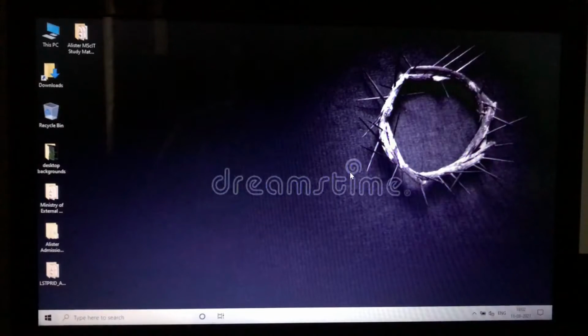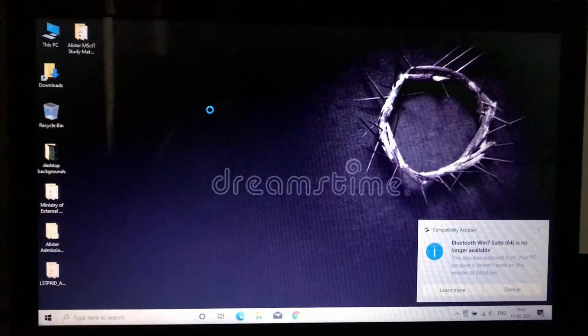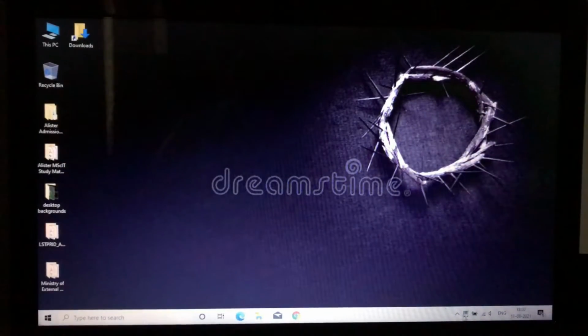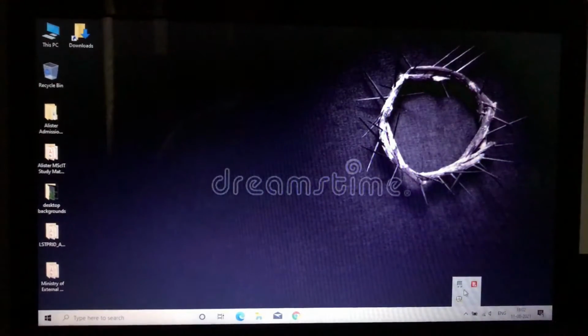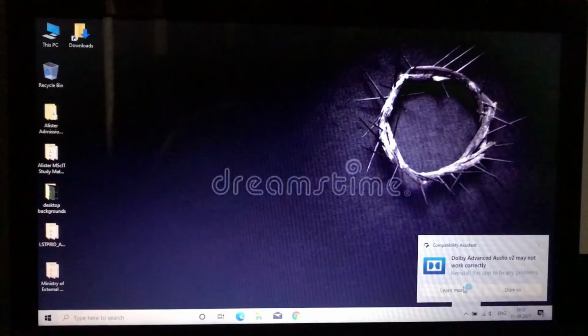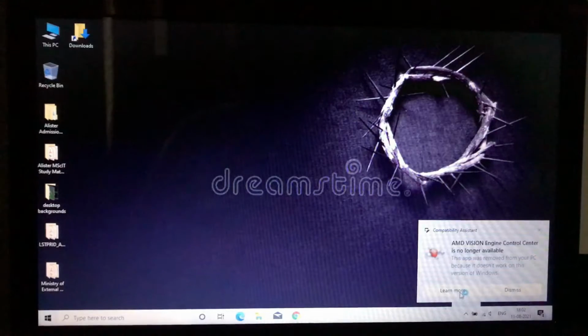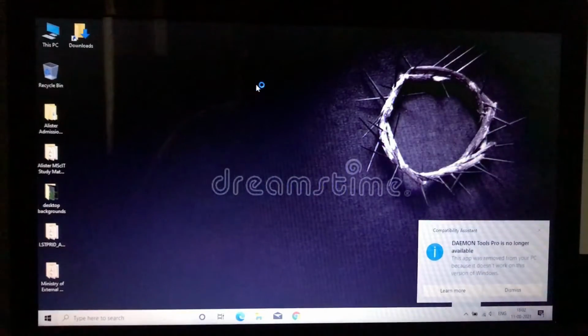So now you can see over here, our PC has currently been upgraded from Windows 7 to Windows 10. Now various pop-ups will show that some of the Windows 7 drivers are not compatible with Windows 10. You can go ahead and click on learn more to fix them automatically, or some of them, if they are not supported, will just not work. One particular issue in Windows 10 is the Windows 7 Bluetooth drivers, which I'll have to uninstall and install manually. I'll be showing how to fix this in the next video.